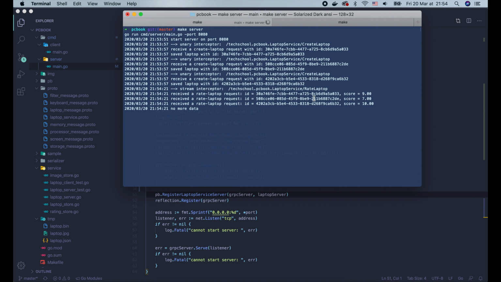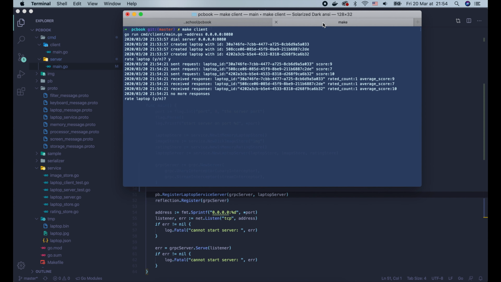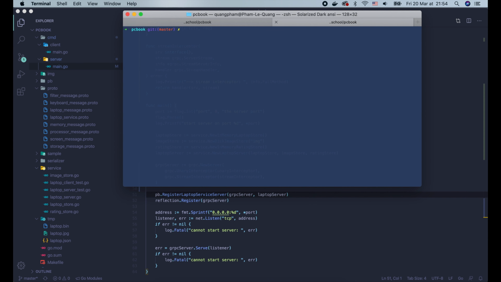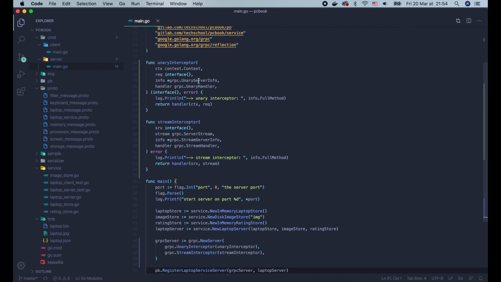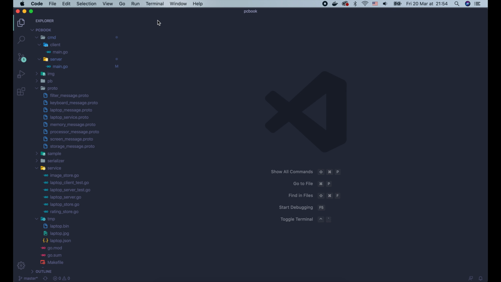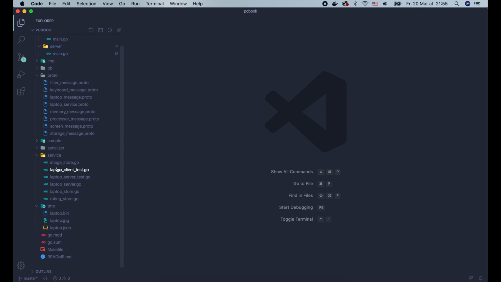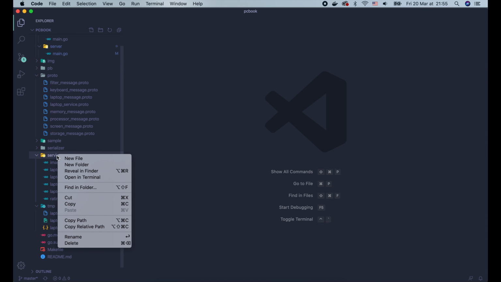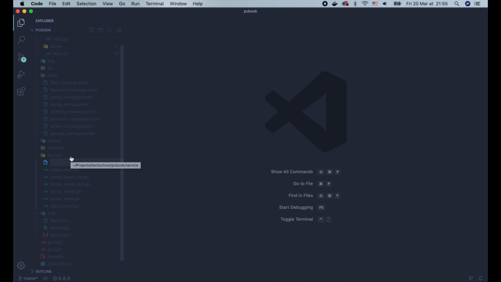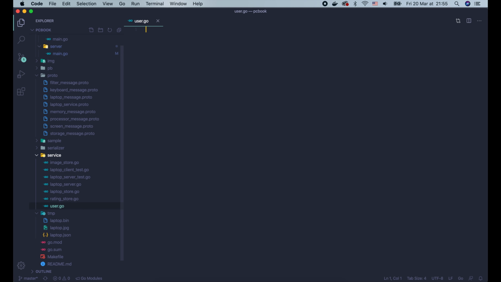Awesome. So now you've got some ideas of how the server interceptor works. We will extend its functionality to authenticate and authorize user requests. To do that, we will need to add users to our system and add a new service to log in user and return JWT access token. So let's create a user.go file